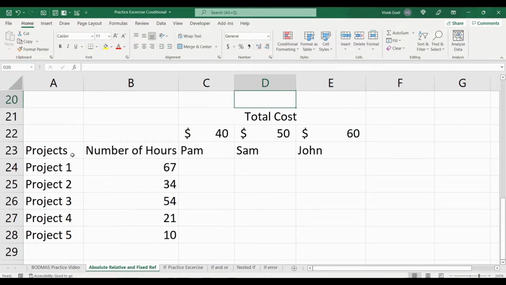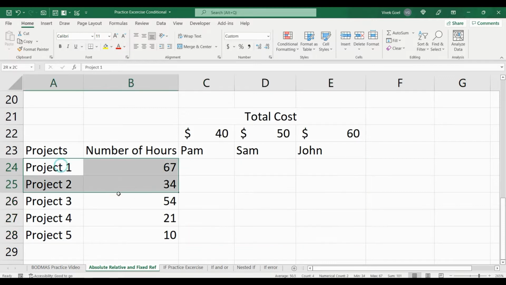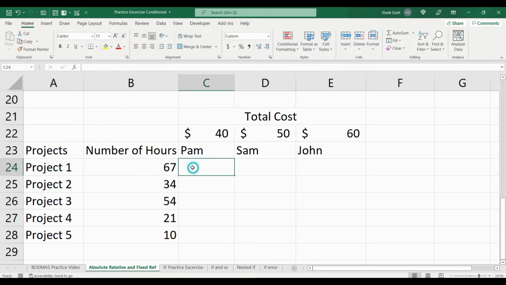Let's move to our next scenario and let's just visualize this first. Here, when we copy our cells down, the number of hours should change. For example, for our column C, where we are calculating the amount that Pam will charge for project 1, that will be multiplication of $40 and 67 hours.